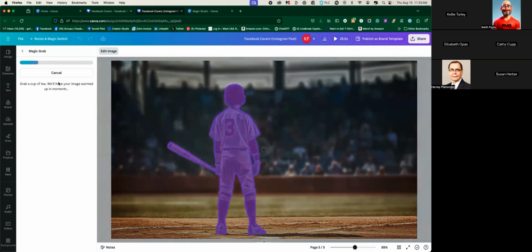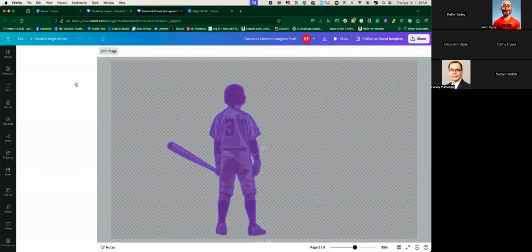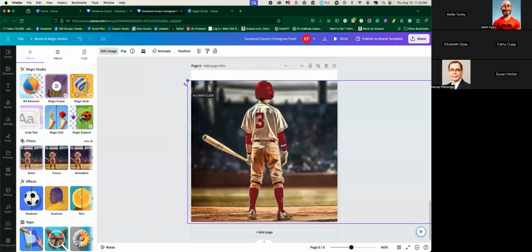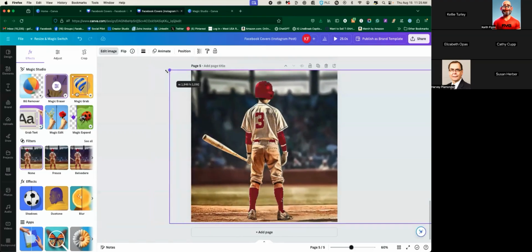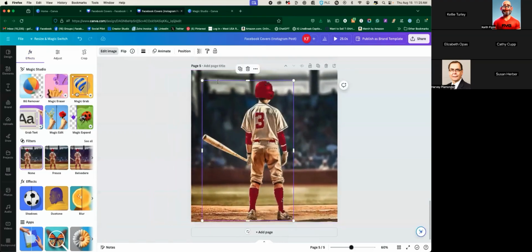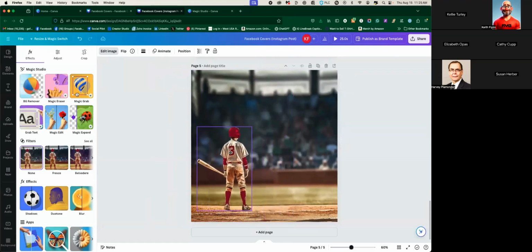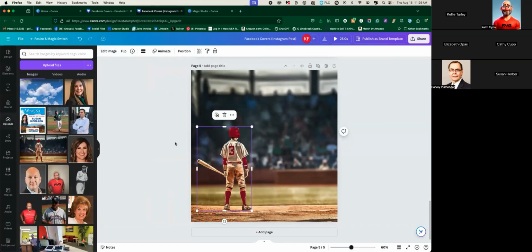And it's going to remove the player from the background. Maybe I want him to be a little bit bigger in the photo or smaller in the photo. Now I've got two different components, so I can shrink this down so it fills the frame. And maybe I want my baseball player to be a little bit smaller now, and I'm going to pull him down. So really, again, everything stays uniform as far as